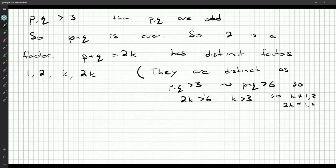And that's the challenge. Now, I don't think there's anything we can really do about 1 and 2. They're sort of stuck as is. 2K is my whole number, but this K here. If this K were prime, you're stuck. You can't get any more factors. So this K can't be prime. It has to not be prime. And why is that? Well,